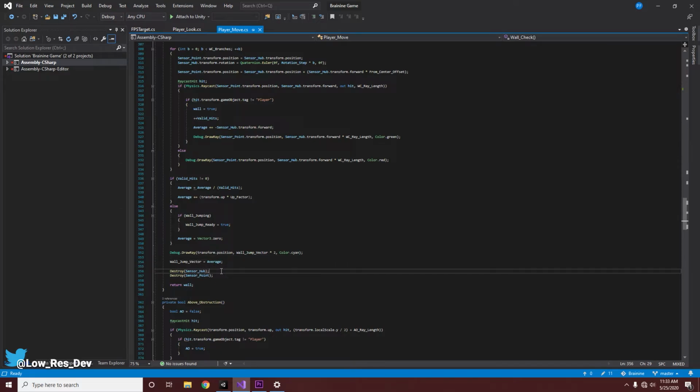The reason those are even established is you don't want to have so many permanent game objects in your scene that are cluttering everything. Why not just establish those game objects at the beginning of a method and then destroy them at the end when they've served their purpose? And then we're returning that wall